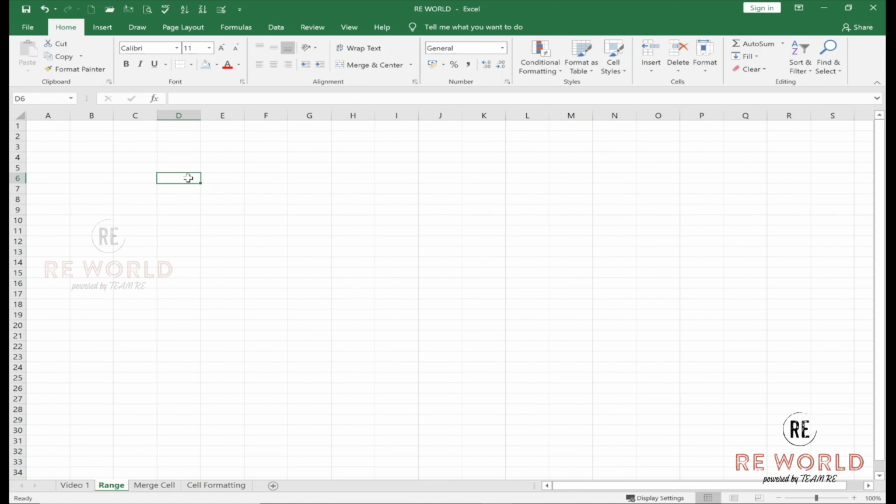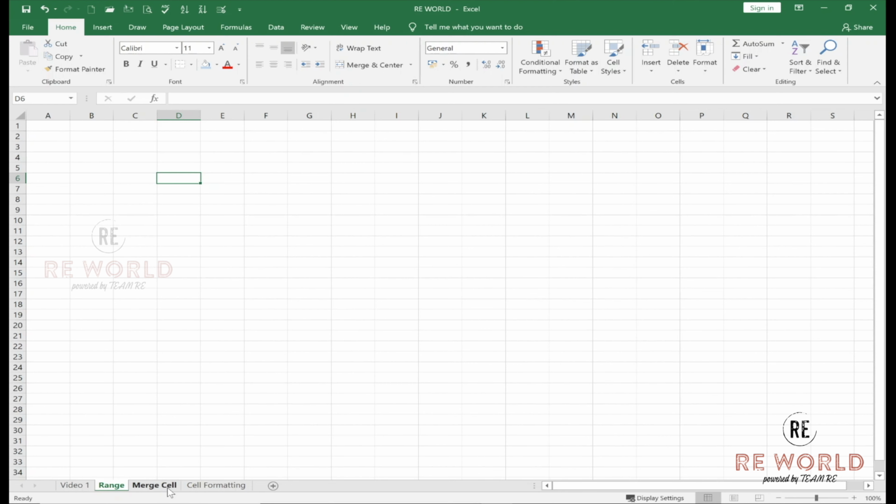There will be many uses of range in our coming videos where you will learn to work on different ranges. We can even give a name to a range. Like I told you in the last video that we can give a name to a cell. Like this cell is D6 by default, but we can rename it with some other name. Even you can rename it with your name. And what will be the use of those names, that we will surely learn in our coming videos.